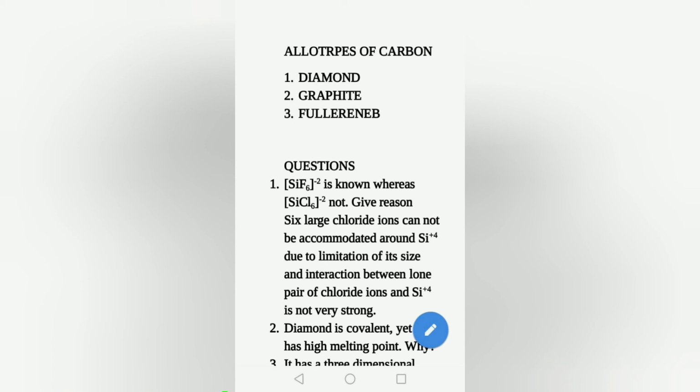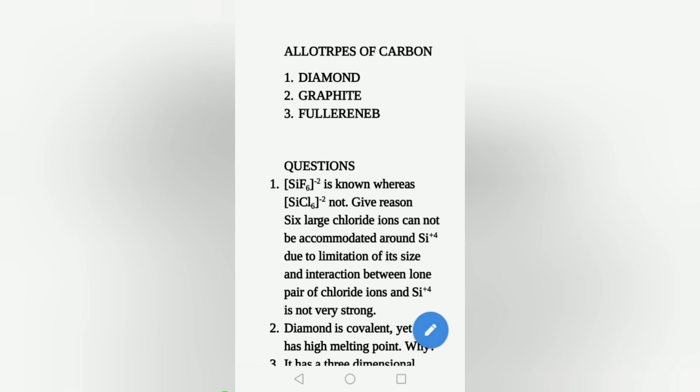The structure of graphite is two-dimensional, sheet-like, consisting of a number of hexagonal rings fused together. The sheets or layers are held together by relatively weak van der Waals forces. This structure is less compact than that of diamond, and since the bonding between the layers involves only weak van der Waals forces, these layers can slide over each other. This gives softness, greasiness and lubricating character to graphite.